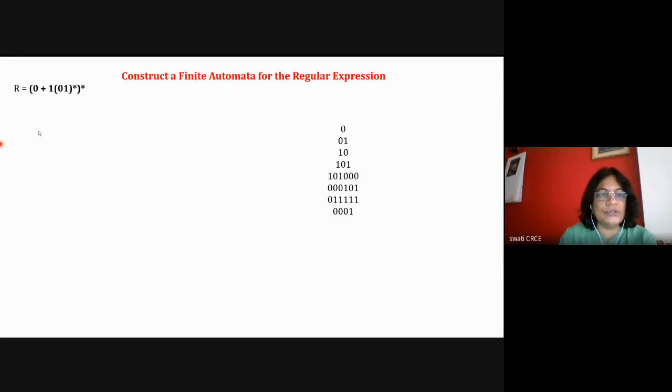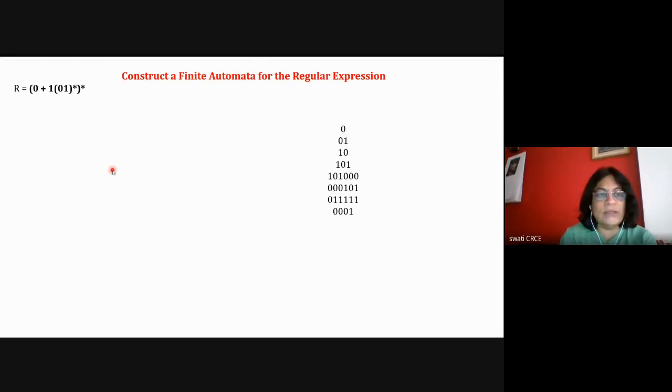This machine is very flexible. Here zero is allowed, then the first zero can occur any number of times, so multiple zeros are also allowed. Then 0 1 is allowed, then 0 1 0 1 is allowed. Then 1 0 1, then 0 0 0 is allowed, or 0 0 0, then 1 0 1 1 0 1 is allowed. So this is a list of strings which are accepted by this machine.